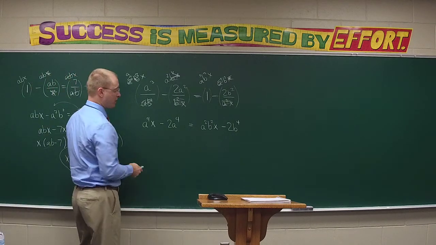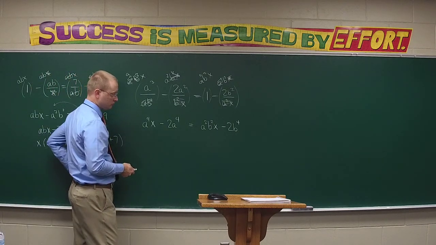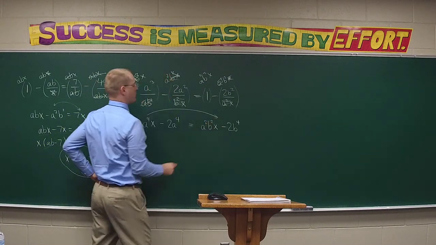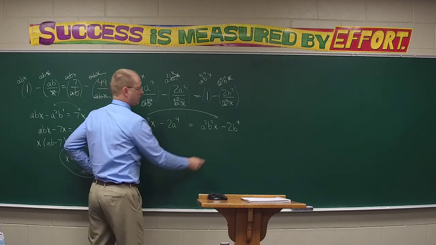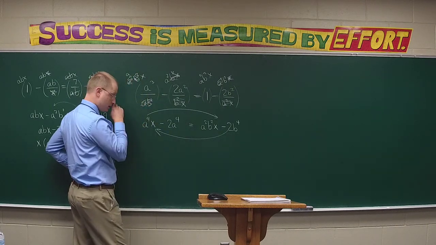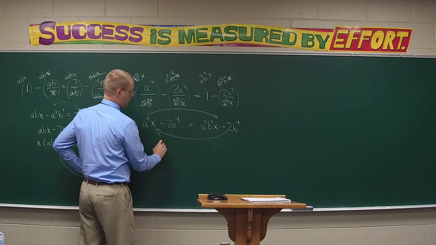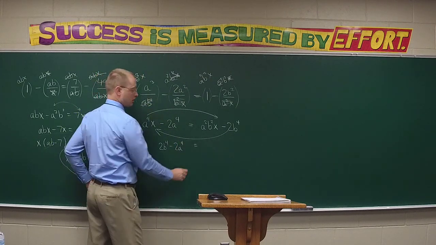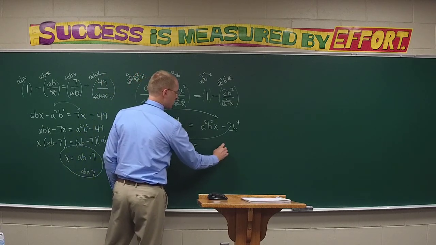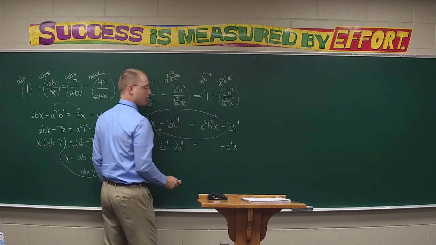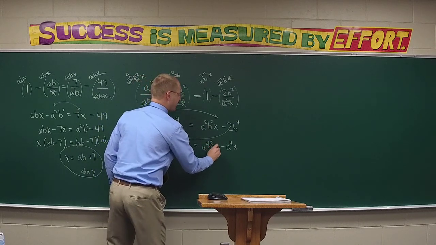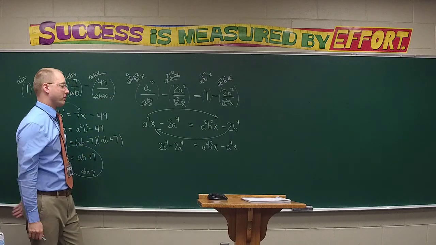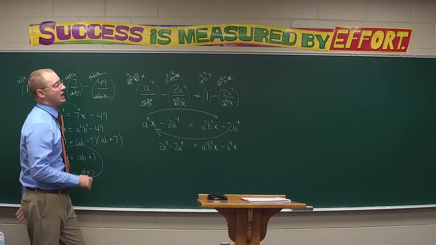All right, so let's move the A to the fourth x over. And while we do that, let's also move the negative 2b to the fourth over. So my equation is going to change its look a little bit and say 2b to the fourth minus 2a to the fourth equals negative a to the fourth x minus a squared b squared x. I just hate leading negatives, so I'm going to go ahead and put them there and put that at the back. And then once we've got this, we've got the x's on one side, non-x's on the other side, class,